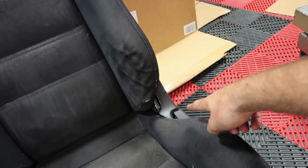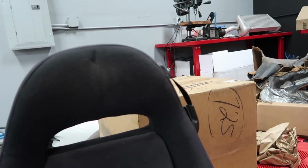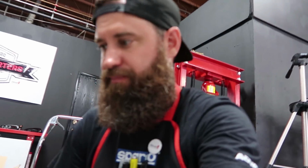So essentially what I have here is a donor set of seats with all the stuff I need to finish my seatbelt setup, and all the black plastics and handles and black seatbelt holders, which these will probably get taken off. But yeah, these are gonna have to go off to probably Oscar at SOS Customs up in Oceanside and be reupholstered. It's a bummer, we were so close. Price is right on these seats, so it doesn't hurt so bad, but